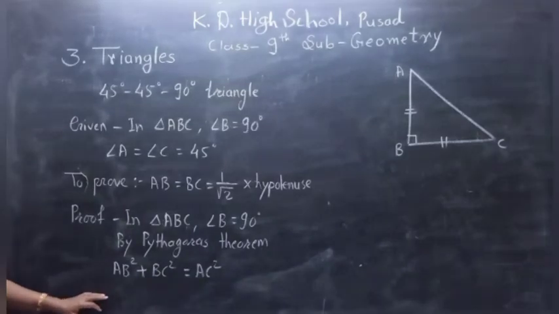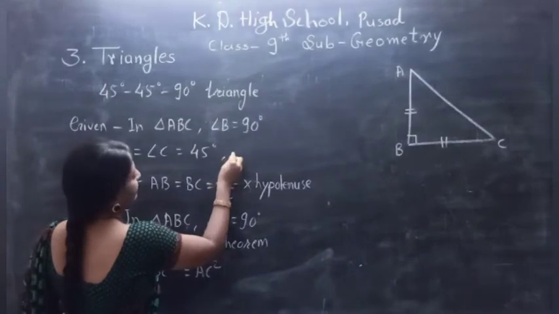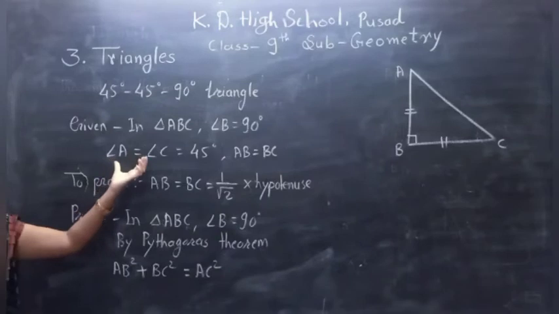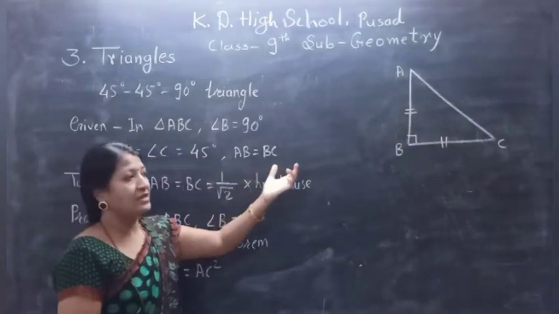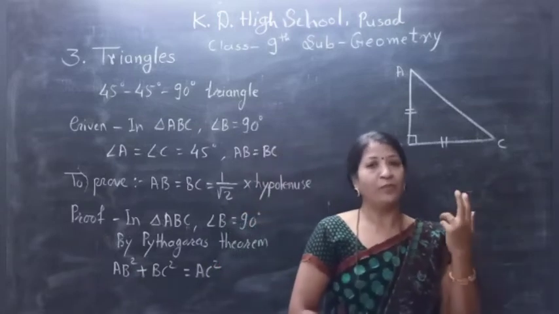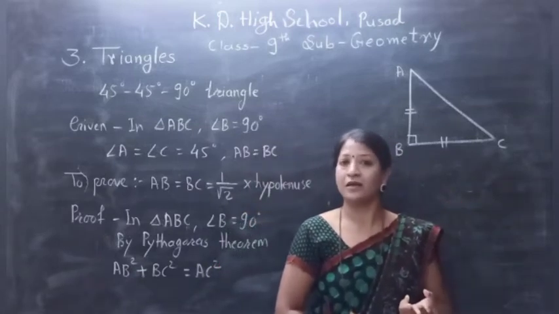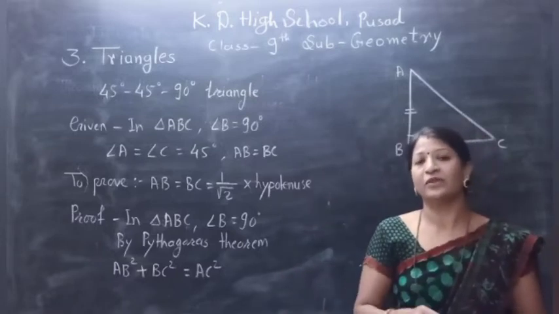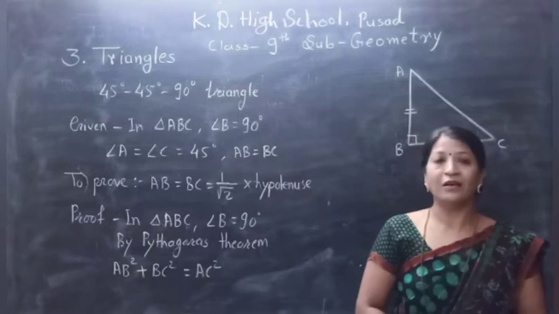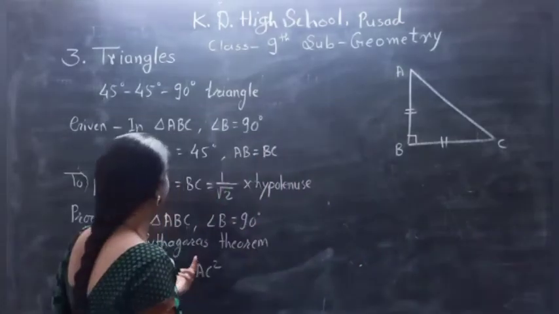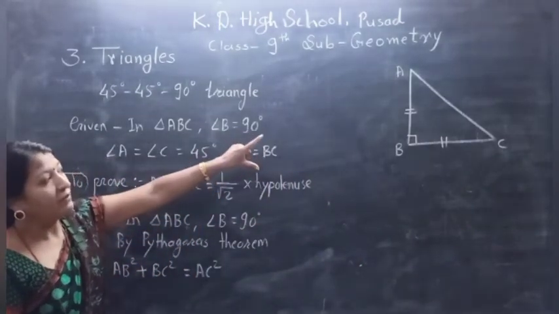Now, we know that what is given? AB is equal to BC. It is given. Meaning is that AB is equal to BC. We studied the isosceles triangle theorem and we studied the statement of its converse. If any two angles are congruent then the sides opposite to them are congruent, that is the isosceles triangle theorem. And if any two sides are congruent, then the angles opposite to them are also congruent, that is the converse of the isosceles triangle theorem. Okay, now we know both these statements, so here we have AB is equal to